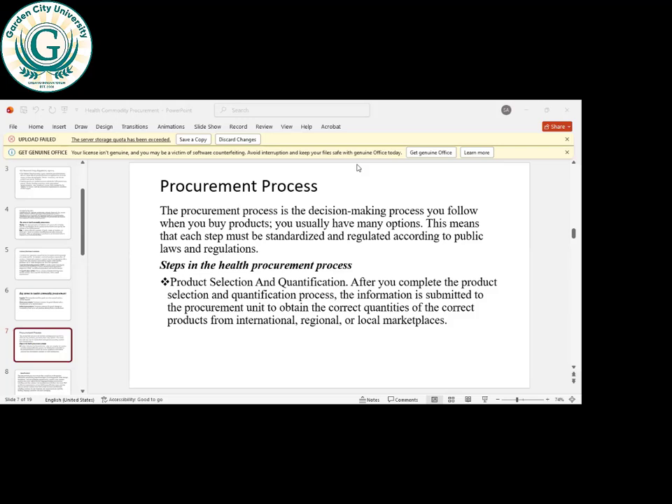Say that the procurement process is a decision-making process you follow when you buy a product. You usually have many options, and this means that each step must be standardized and regulated according to public laws and regulation. So the process differs from organization to organization. In public institutions like Ghana, we follow the processes developed